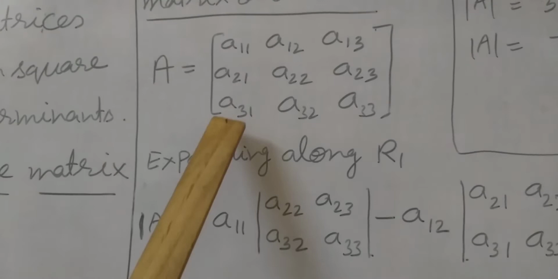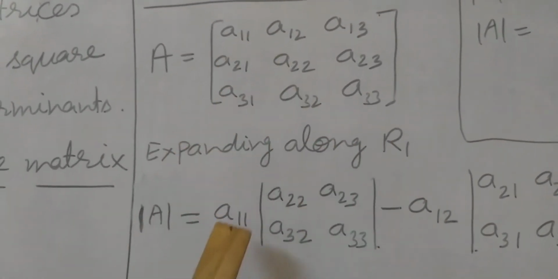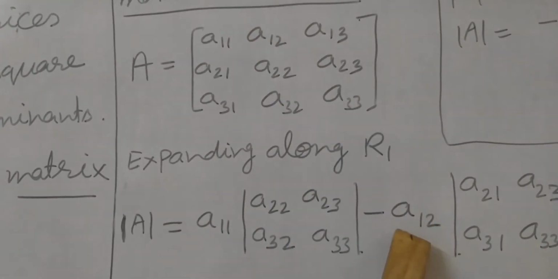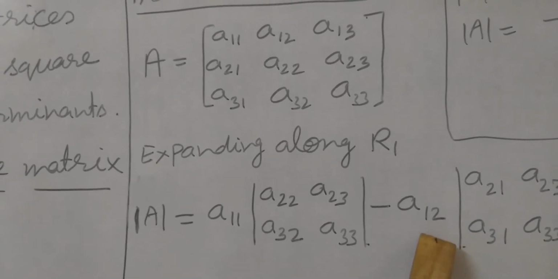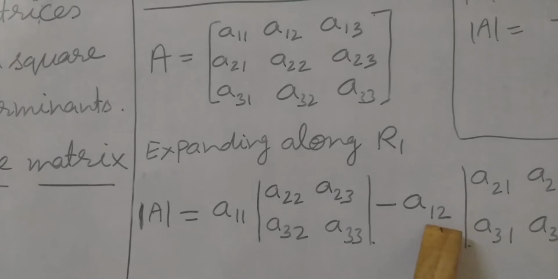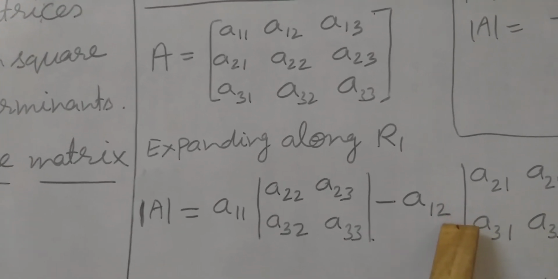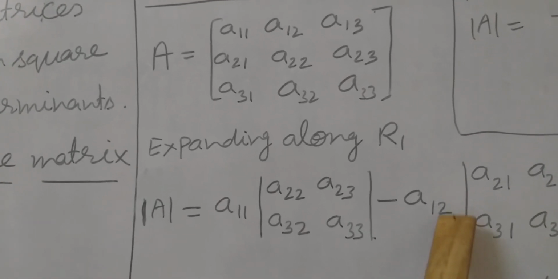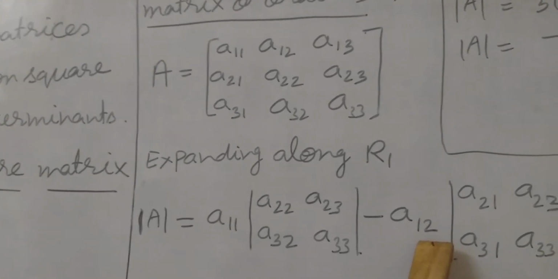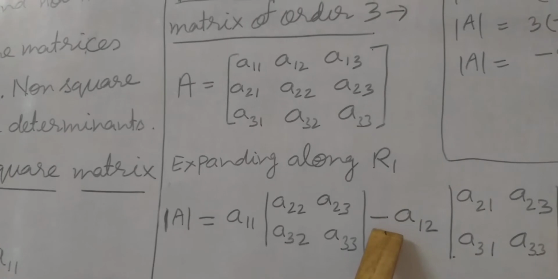Okay, now we are expanding it along R1, student. The first element we have written. Now we have to write second element, student, A12 here. Again the same procedure will be there. Add both of them. The position, value of i and j. So the sum is coming 3. 1, 2. 1 plus 2 is 3. 3 is an odd number, student. So that's why we have to put minus sign here.